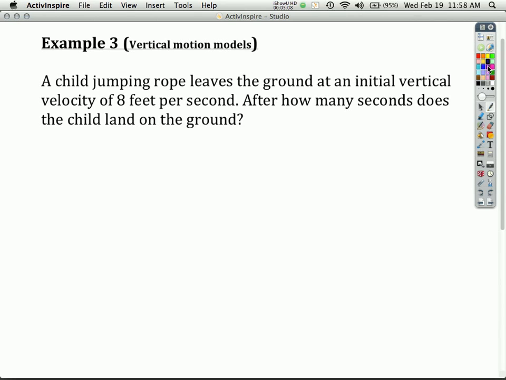So we are going to use the vertical motion model. You should have it in your mind already. You shouldn't have to wait for me to write it out. So you should be writing it out already. H equals